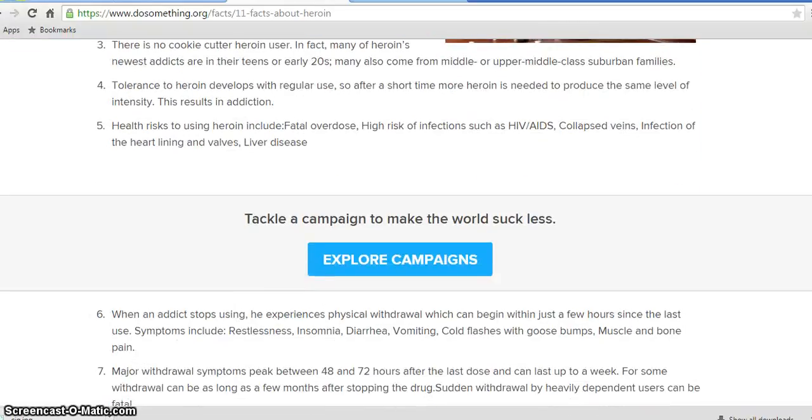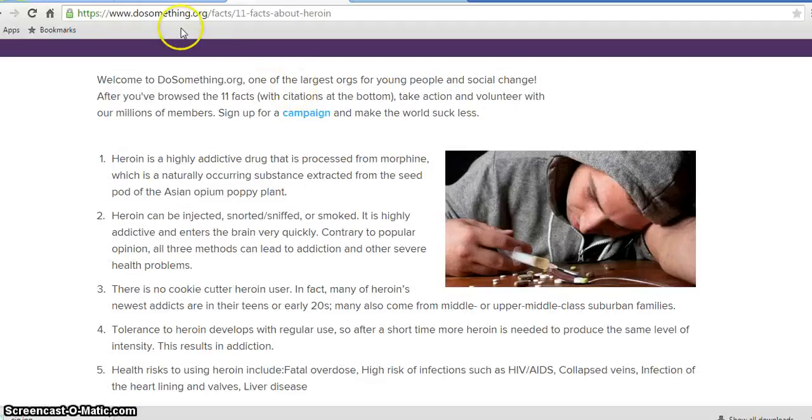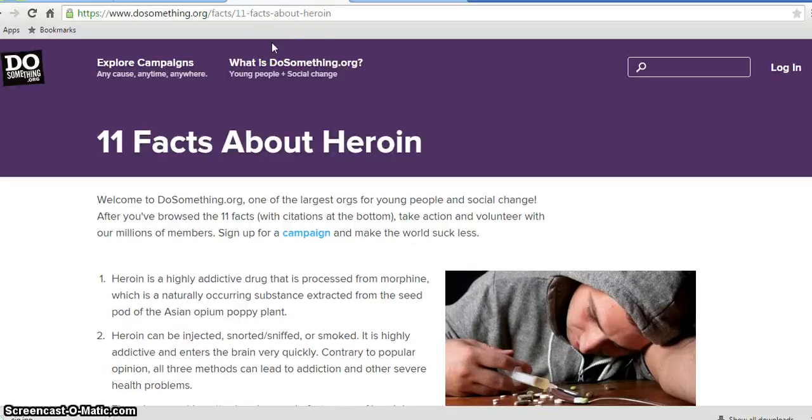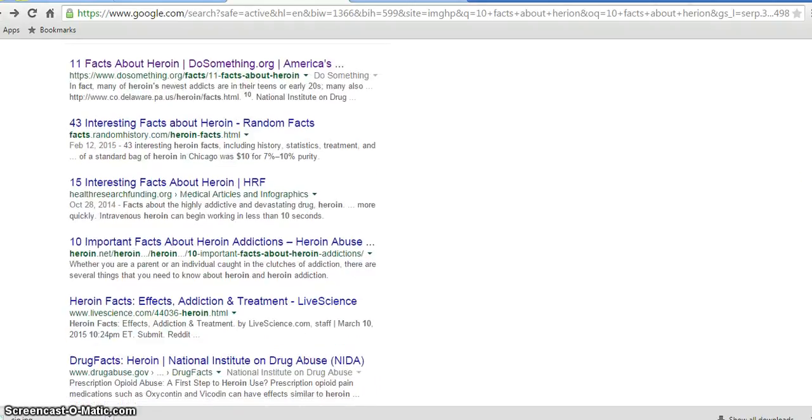I can summarize these, and once I summarize all this stuff, I click on this and I save it, because that way at the end of my project I'll be able to put like a little works cited page together, and I'll know as your teacher where you got the information from. You got it from dosomething.org, facts about heroin, and there's the CDC, there's all different kinds of places you can go,